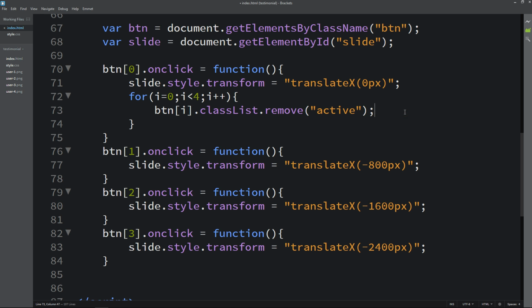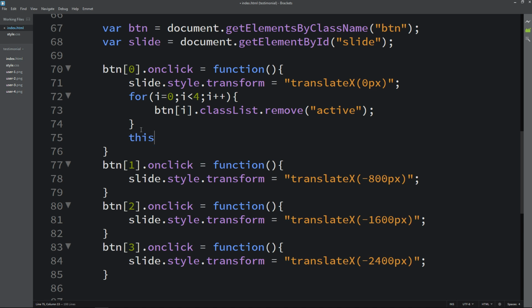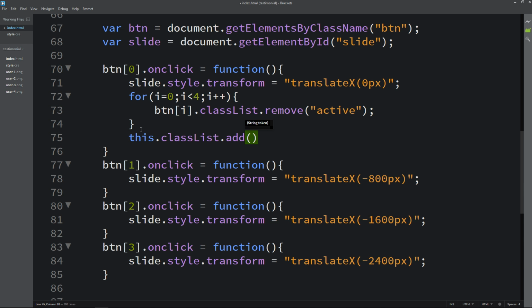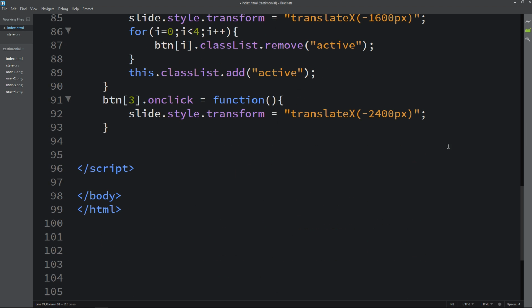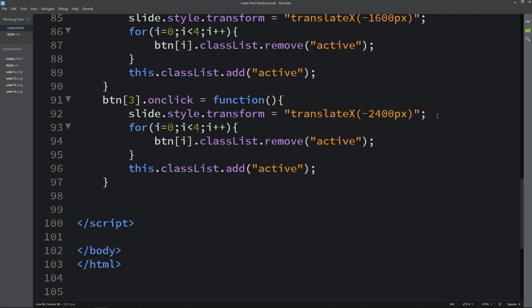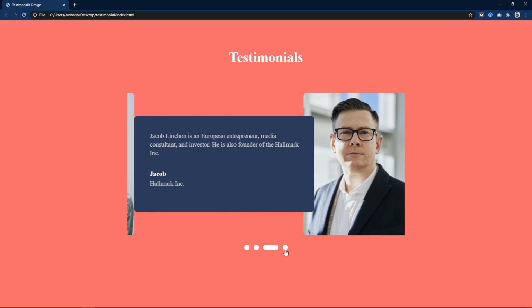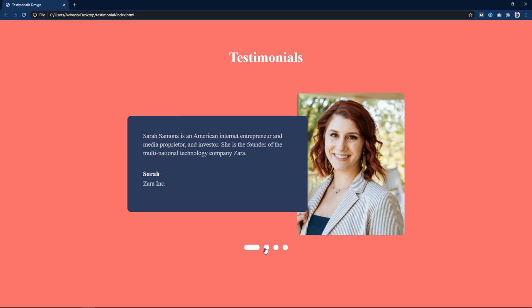So it will remove the active class name when we will click here, and then it will add the same class name on the particular button. So here I am adding this classList.add active. So we have to copy this line in all the function. That's it. Now you can see indicator width is also changing as per the slide.